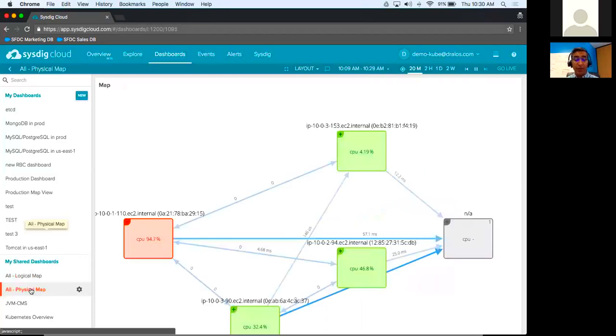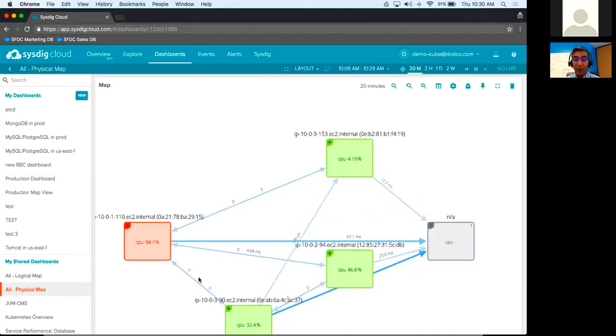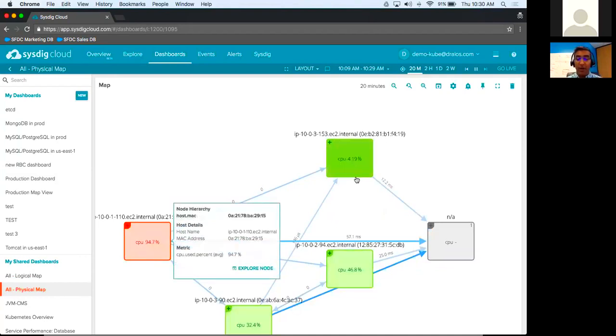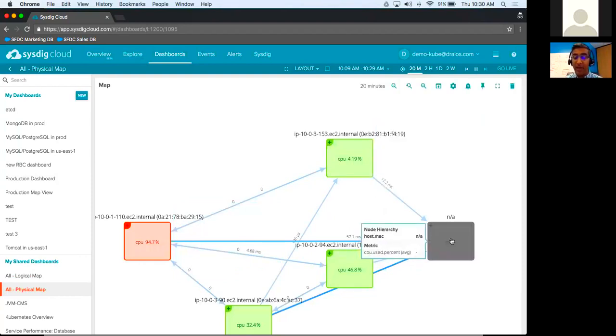What this enables us to do is give you some different views on what is going on in your infrastructure. So let's start, in fact, with a physical view. This physical view is showing you the actual hosts in this environment. We're looking at a few different core hosts, and we're looking at some Amazon services that we have not instrumented. I'd say the most interesting thing here is this was all dynamic. You didn't have to provide us with any additional information other than instrumenting your host to see this.